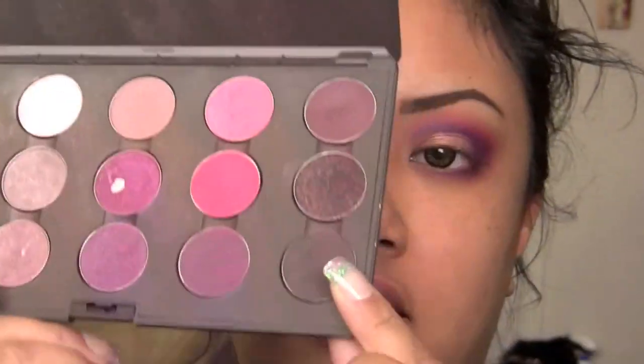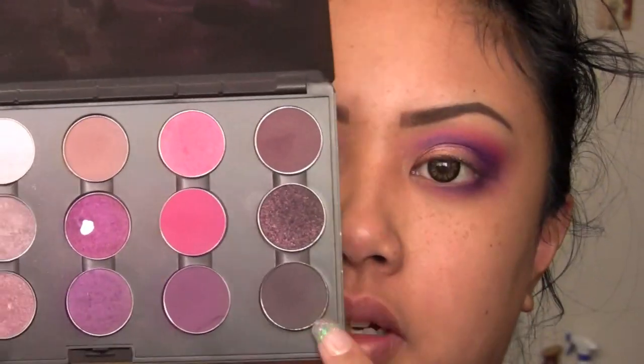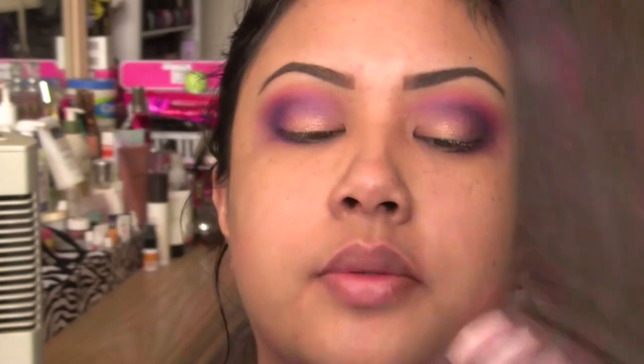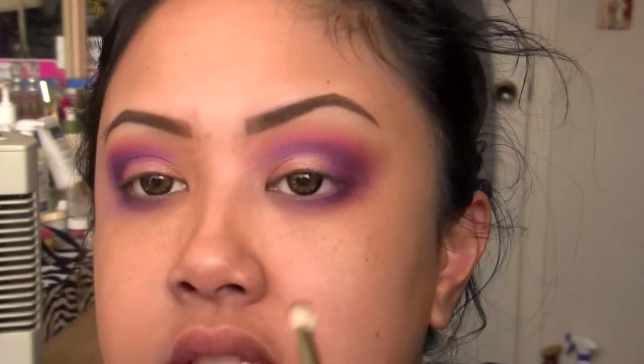And as if I'm not dramatic enough, I'm going to go ahead and add in a little bit of darker color. You can use black if you want to. I'm going to go ahead and use Shadowy Lady, also from MAC. You can use the black, it's up to you. I personally hate using black in the crease, but sometimes you gotta do what you gotta do. But just to intensify...